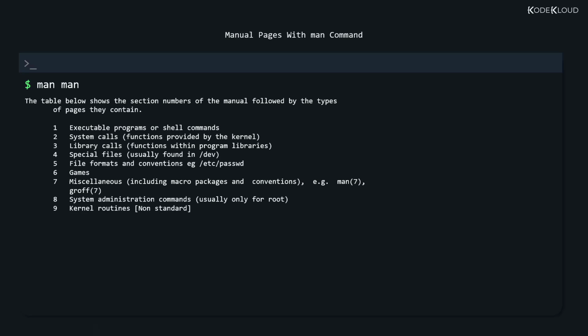If you want to read the man page about printf the command, you tell man that you want to consult printf from section 1, like this, man 1 printf. If you want to read about printf the function, you tell man that you want to look at section 3, man 3 printf. It's useful to know that during online exams, the Linux Foundation will let you use man and --